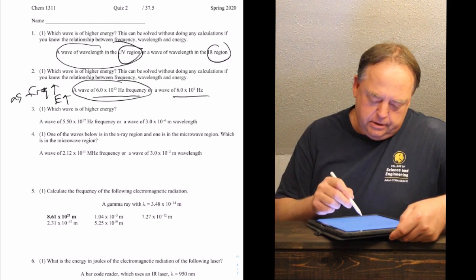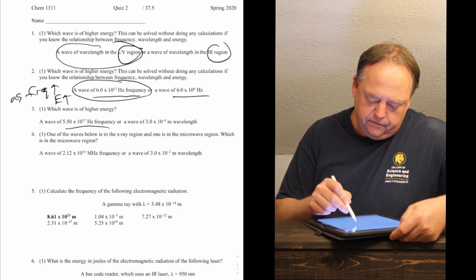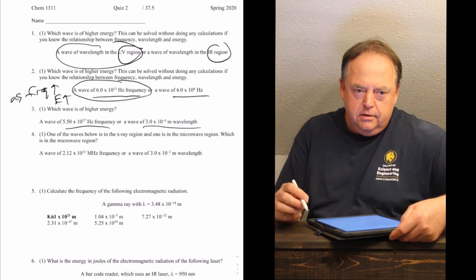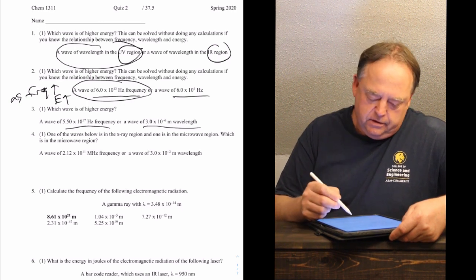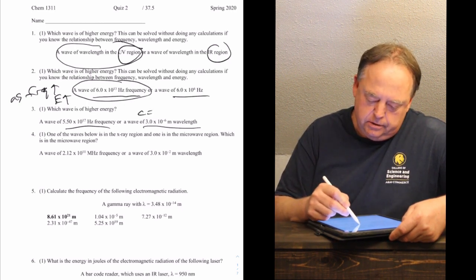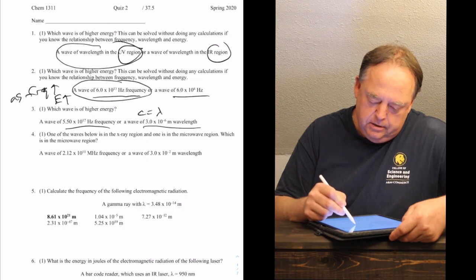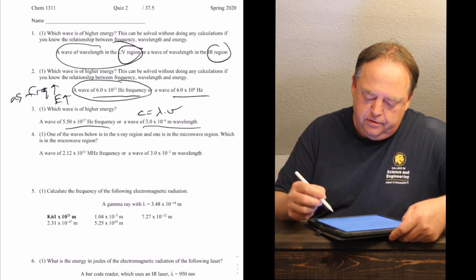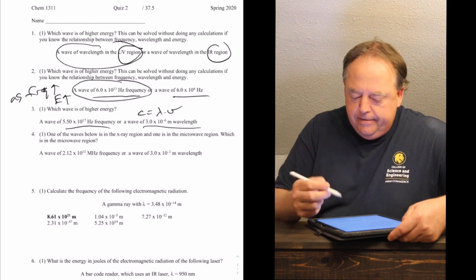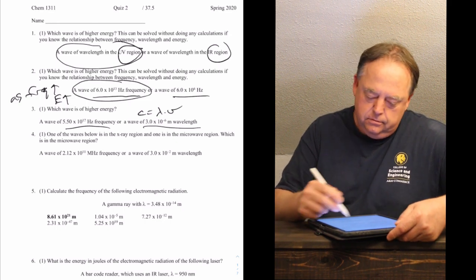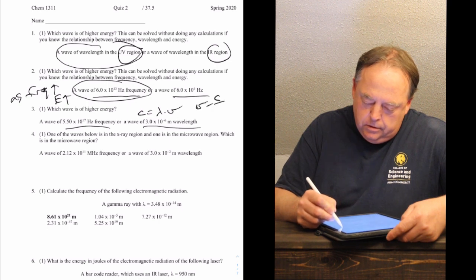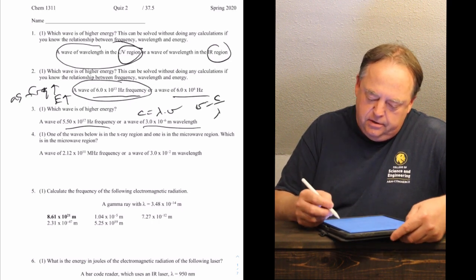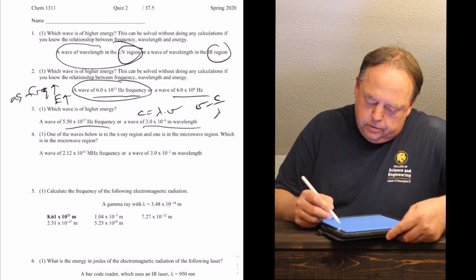And then in comparing these two for number 3, we have a frequency and a wavelength. So we need to convert frequency to wavelength or wavelength to frequency for one of these. To do that, we need this equation: speed of light equals frequency times wavelength. So if we solve for the frequency, speed of light divided by wavelength,